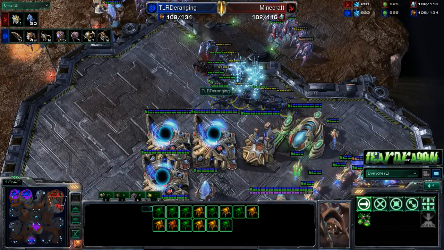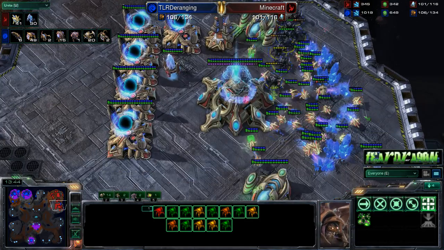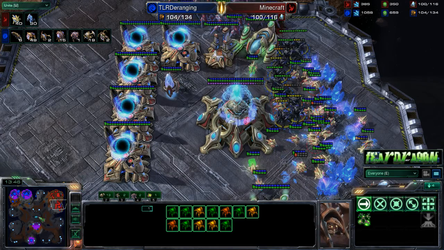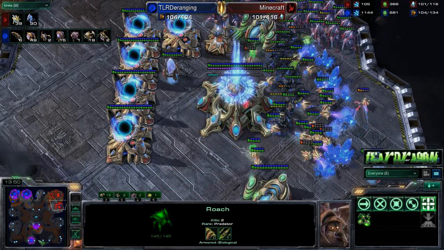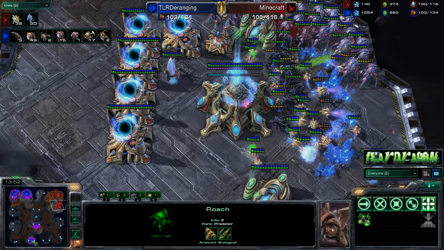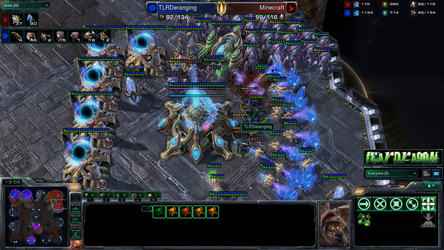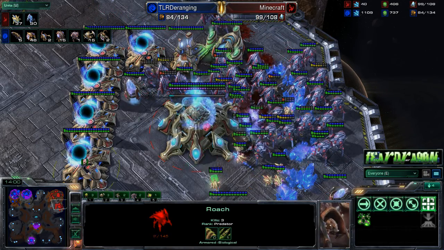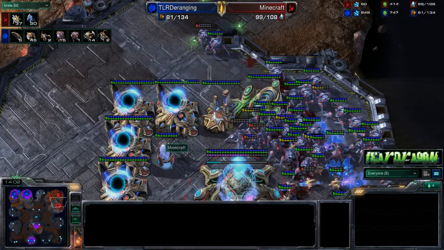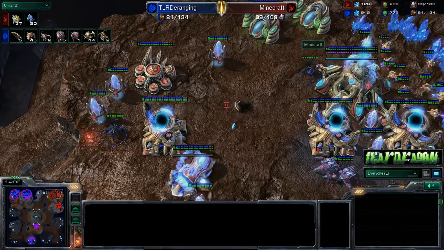Now, picking off these roaches will be a pretty good win for Mokomi, because you have to make sure that he minimizes how many workers he ends up losing, as Deranging is going to be pretty happy getting an economic lead out of this, since he does already have that third expansion down already, and these roaches are doing a good job making sure that the target is firing down more and more workers, not really focusing down on the stalkers,